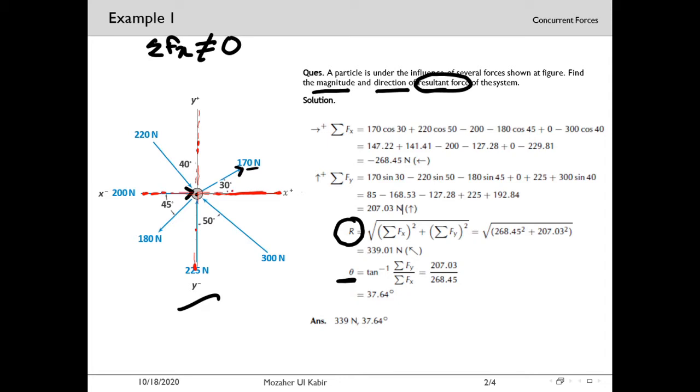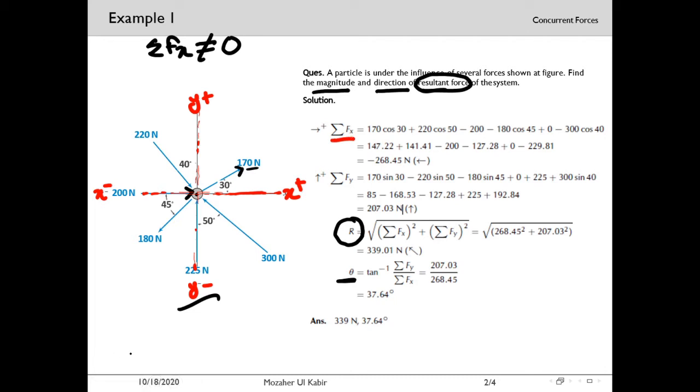So according to the global coordinate system, we know that x is positive rightward and x is negative leftward, y is positive upward and y is negative downward. We will be using this sign convention to calculate summation of F_x and summation of F_y. So starting with summation of F_x over here,